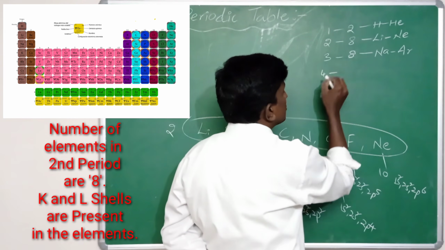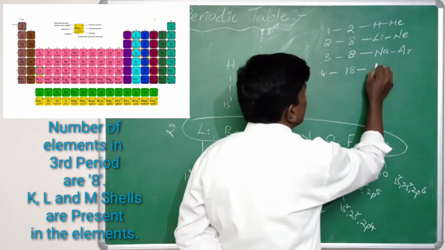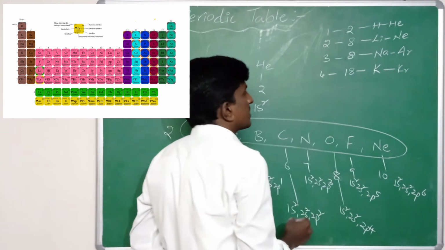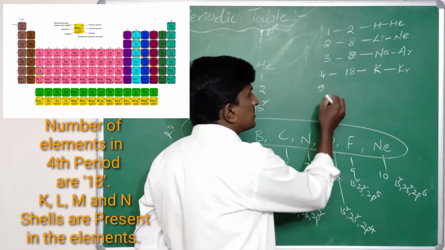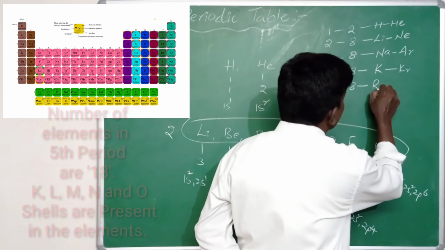In the fourth period 18 elements are there from potassium to krypton, and in the fifth period 18 elements are there, rubidium to